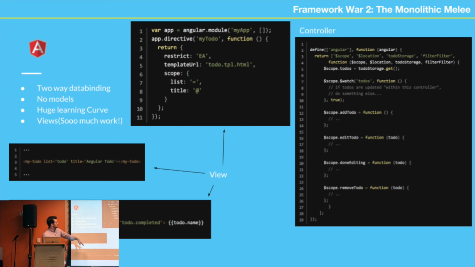In order for your JavaScript to know that it exists, you need to have a directive. And what this tells the JavaScript program is, hey, you're going to have a file on line 5 that says it's going to be to-do.tpl.html. That whole TPL was my own personal preference. I like to subcategorize my files. So it knows that it's looking for that file, and remember how this is my dash to-do? Well, over here on line 2, it's actually camel case.